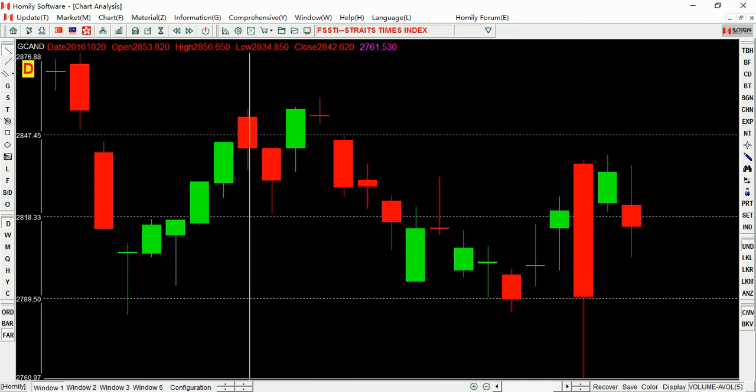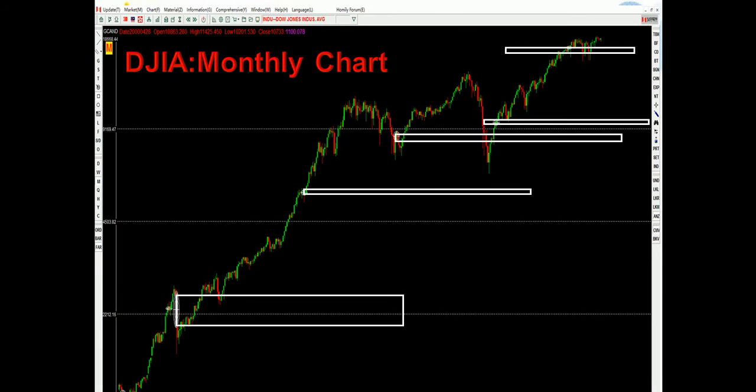Then let's see the chart. This is the daily chart, the monthly chart of the Dow Jones Index. So why do I use this one to judge? Because I use the time black hole to judge the turning point, and the support and resistance. If you see the time black hole appears, this is the turning point. But we don't know whether the price may go up or go down. So we can see here, this is the time black hole. If you see the time black hole appears, it means this is the turning point.